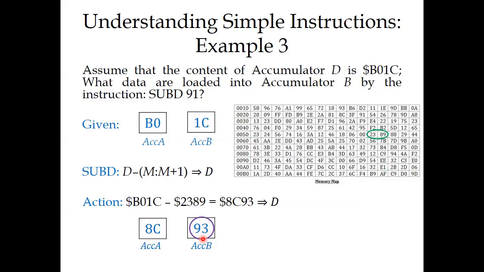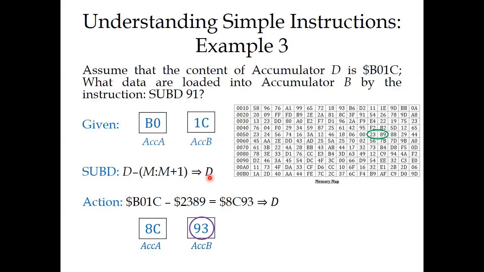Let's try another example here. This is a different instruction. So this time you are given the content of accumulator D, which is B01C. I'm saying it is given, okay? That means that you have B0 in accumulator A and 1C in accumulator B. This is given, okay? Now, according to the instruction, if you look at column 3, you will see D minus 2 byte of data,